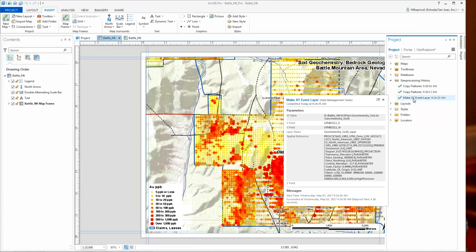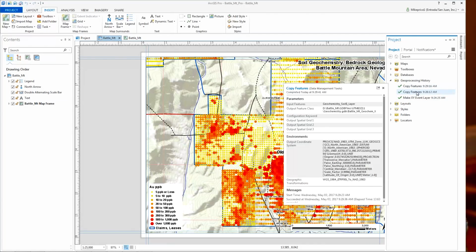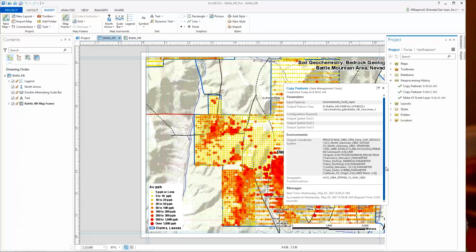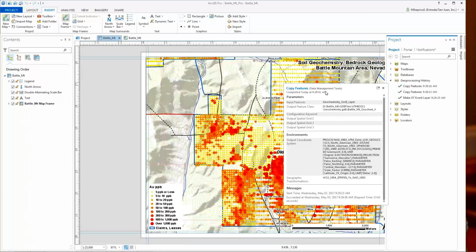And you'll see here that I've done 3 things. I made an XY event layer, and then I've copied features out. And I did copy feature twice because I decided I better take on this issue of a transformation, and sure enough, here we are. And it records all these as part of the task. What I would probably want to do now is go back in with my old-fashioned ArcCatalog and look at these